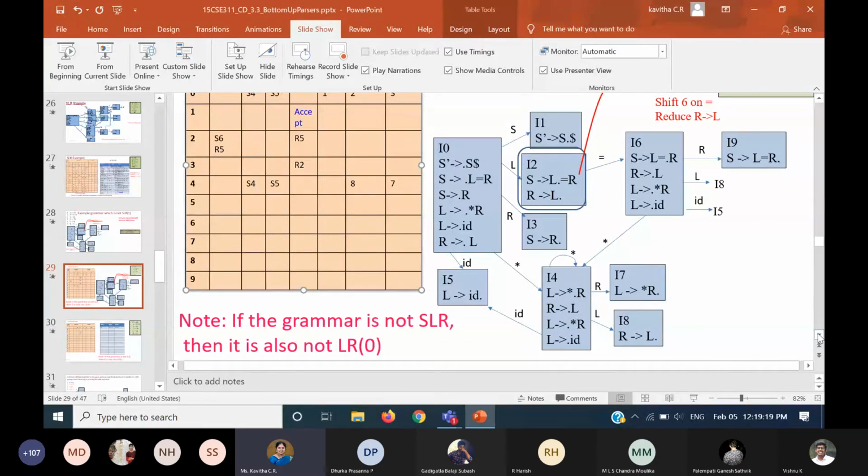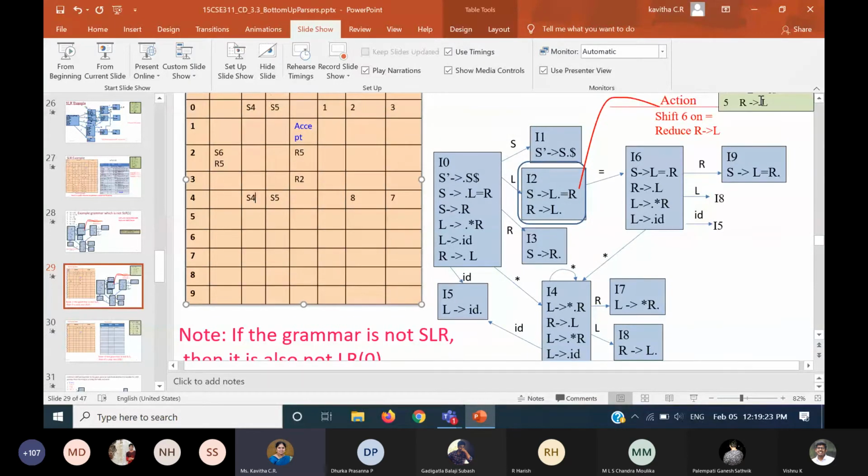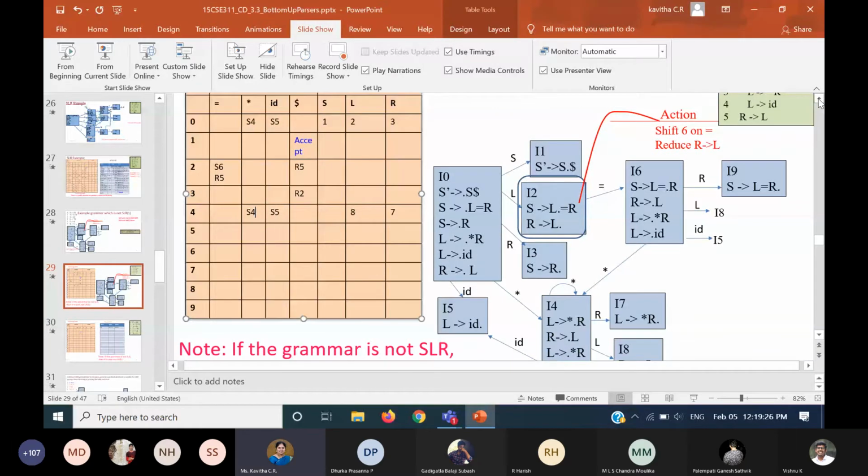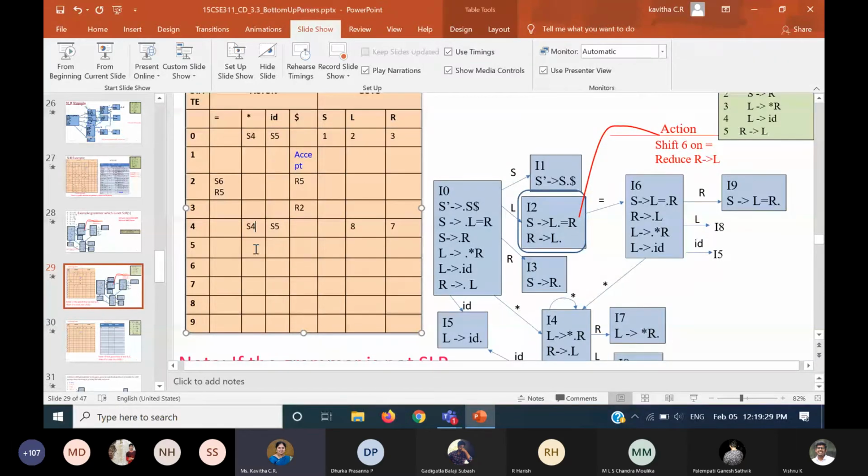That's it. Coming to state number 5, it is the reduce action. Reduce action is rule number 4. Rule number 4 needs the follow set of L. So L means it is equals. So it is R4 on equals. That's it.